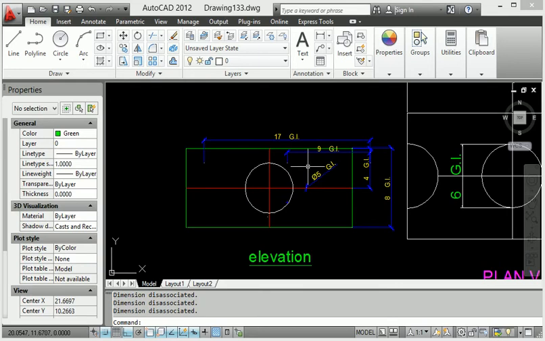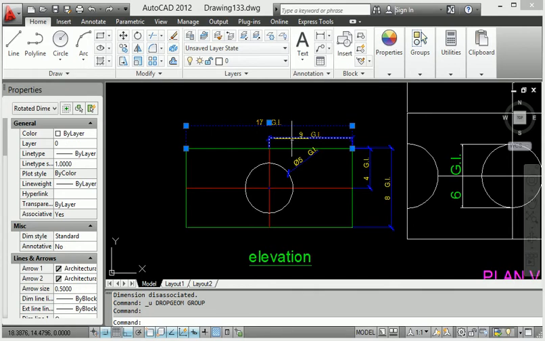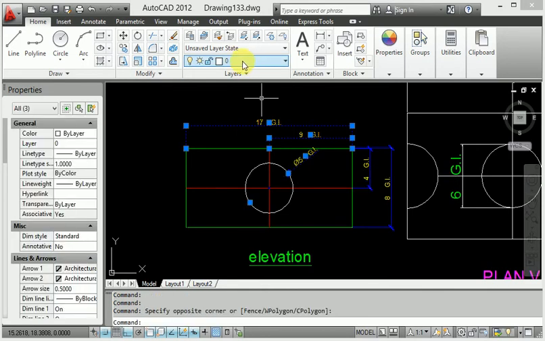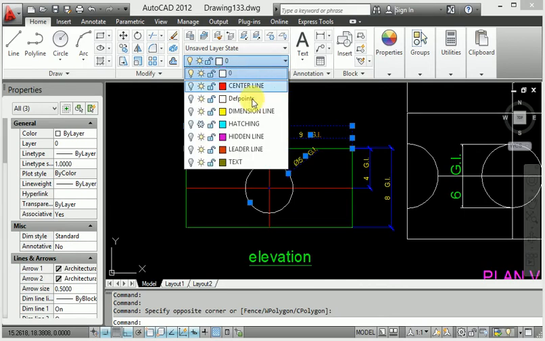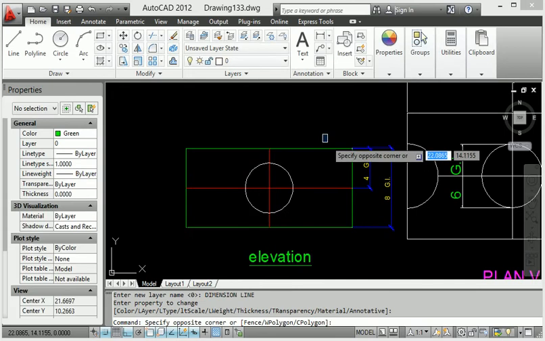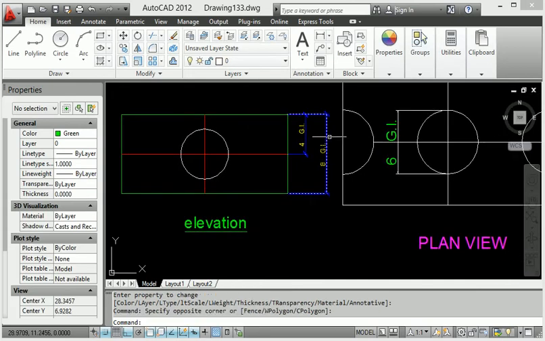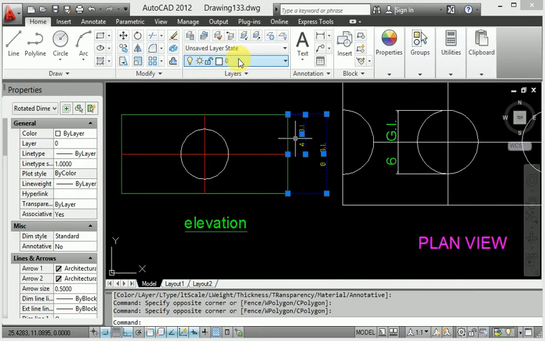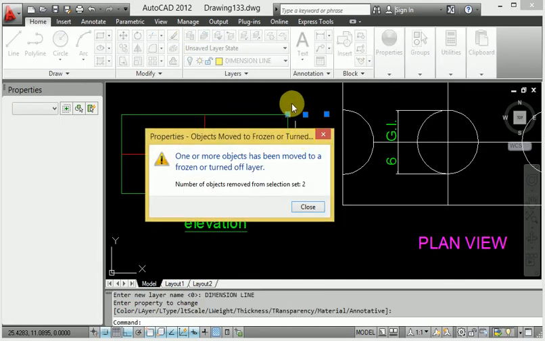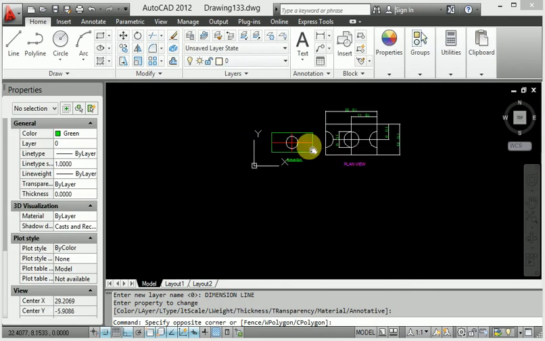When I go to check here and enter, it hides continuously for all dimension, and again I will go to check here and paste dimension. So whatever is there, every dimension is here.